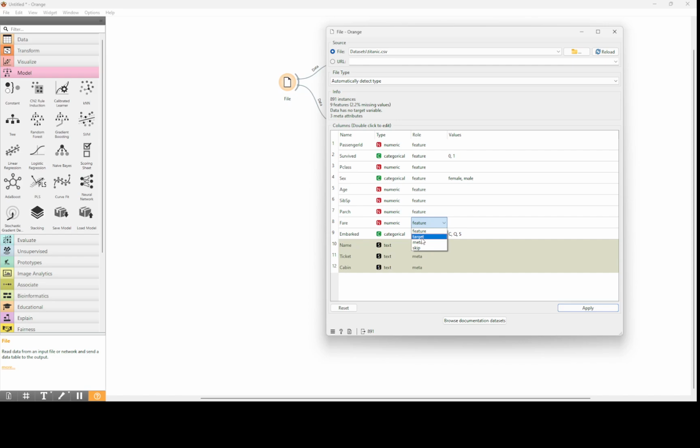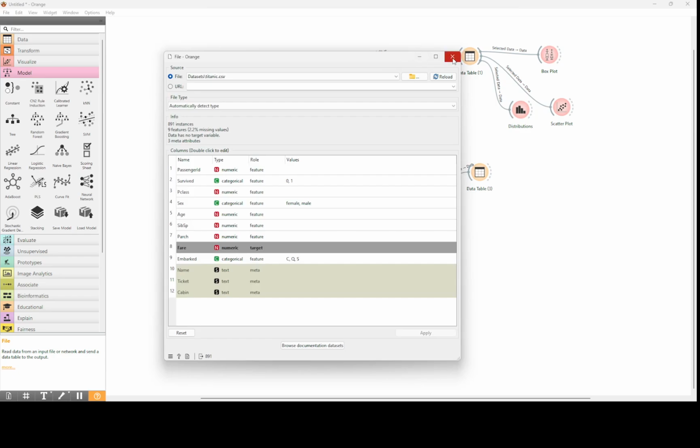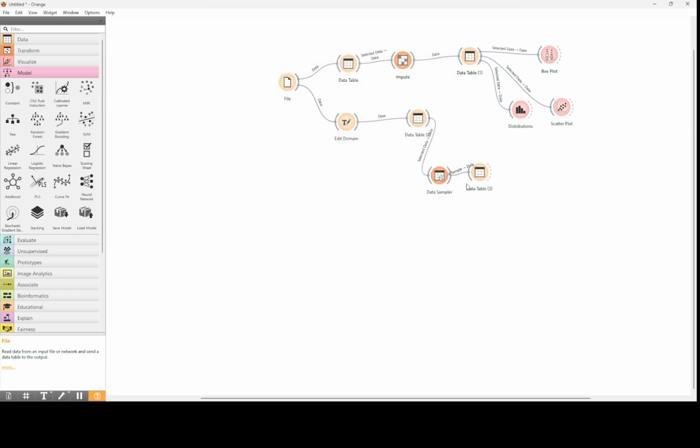So for that, we want to see the fare. We make fare the target role. And then we observe how the system is behaving. Okay, there is no error, and everything is fine. So we take the logic and we go for evaluation.